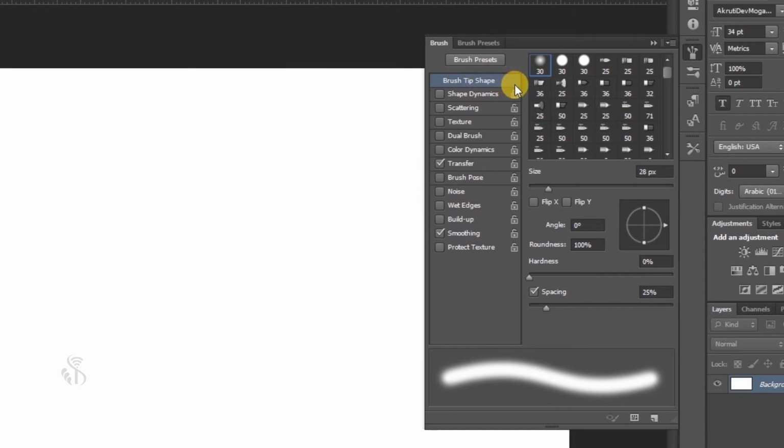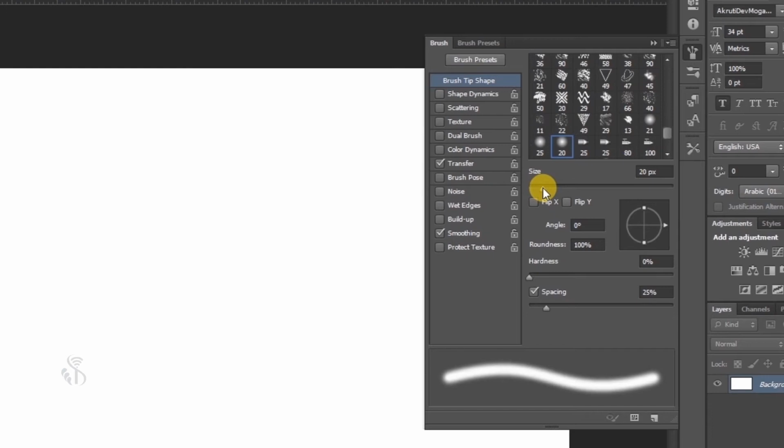One of the initial options is brush tip shape. The brush that we have selected, we can determine its diameter. In short, the brush tip size can be determined by the size slider. The option Angle is used to change the direction of the brush pointer. Based on the direction that we have decided, the brush tip will draw the line. We can also decide on how the arrangement will be horizontally and vertically by using Flip X and Flip Y.